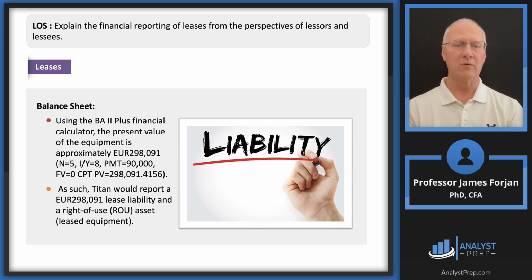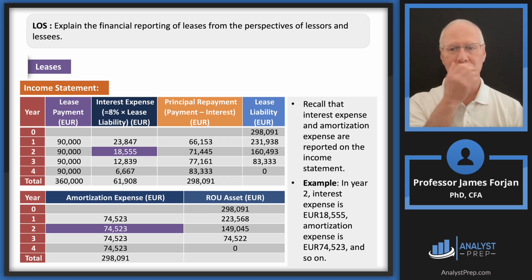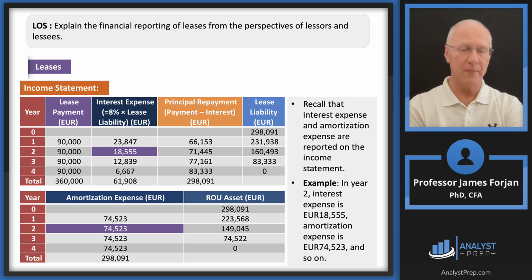So you get, what is that number? Almost $300,000. So 298,091. So that shows up on the left-hand side. That shows up on the right-hand side of the balance sheet. Now, I would be prepared to go ahead and work through this particular table, although there are no such questions at the end of the learning module, but there's this stuff inside of the learning module.